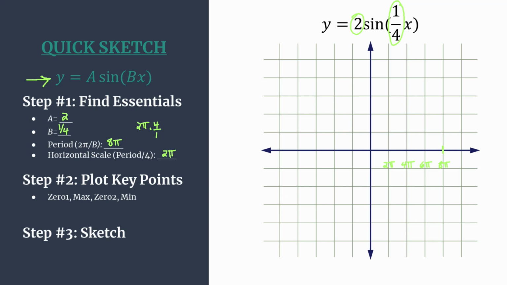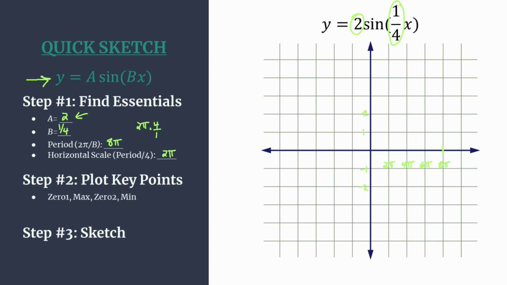This 4th tick mark as we move away from the origin should always match your period if you use this method. And then we're going to just count by ones for the vertical axis. If you want, look to that value of a. Make sure 1 makes sense. It usually does. All right, so we're all set up and ready for step 2,